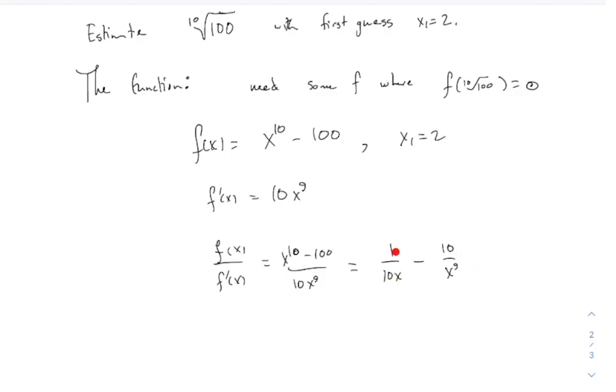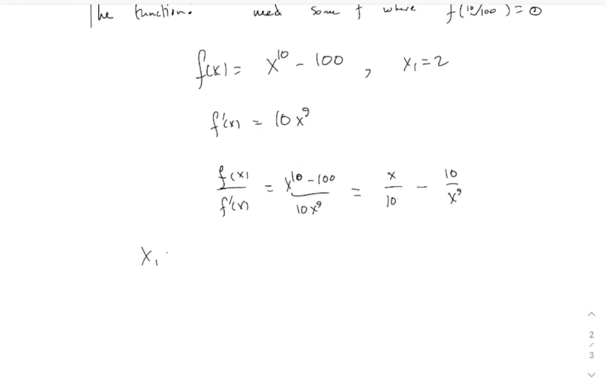Sorry, this x should be up top. I saw that. Sorry about that. X to the 10 over 10x to the 9. All the x's cancel except one left over on top. All right, I don't know if it's worth doing that simplification. But anyway,